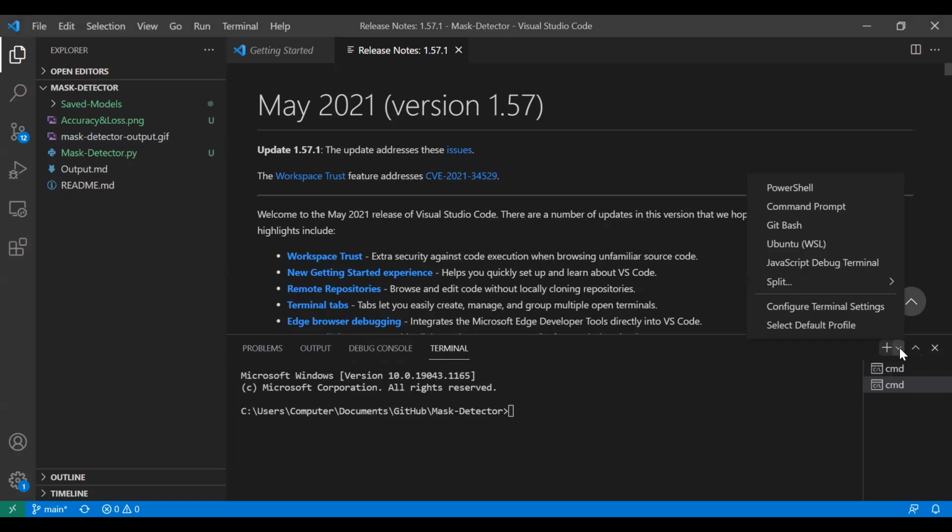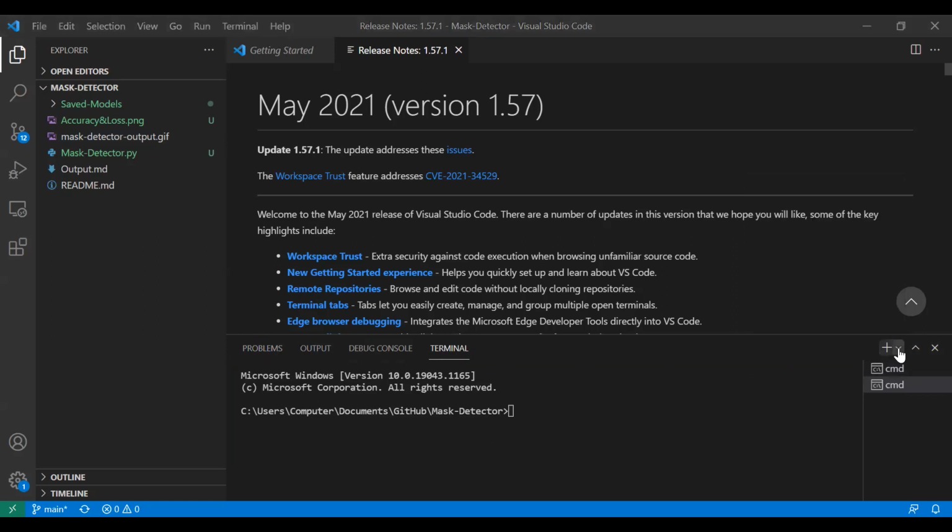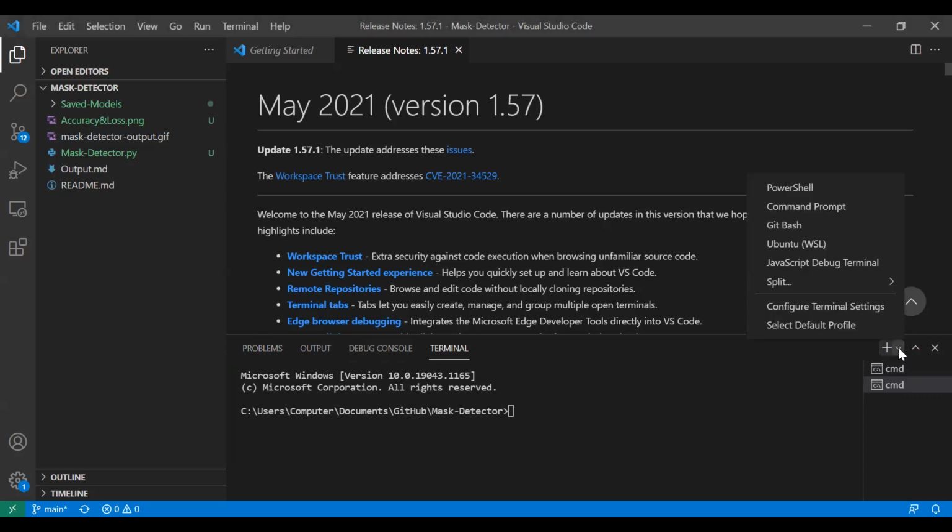Basically, the look of it is very similar in Windows and Mac, and most things are almost the same, except that in Windows the terminal is command prompt, whereas in Linux it is the terminal. All the extensions will work regardless of which operating system you are on. That's good with the VS Code extensions.